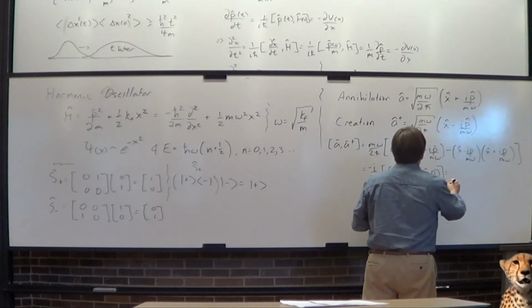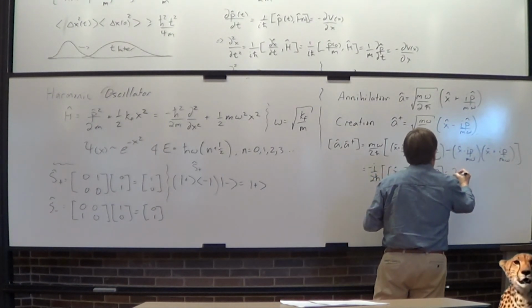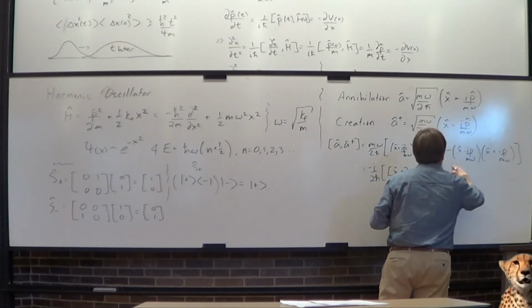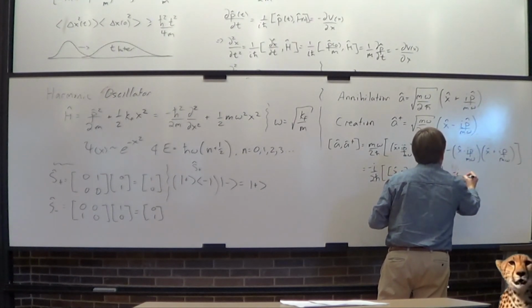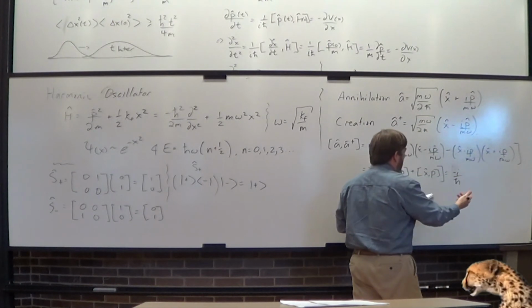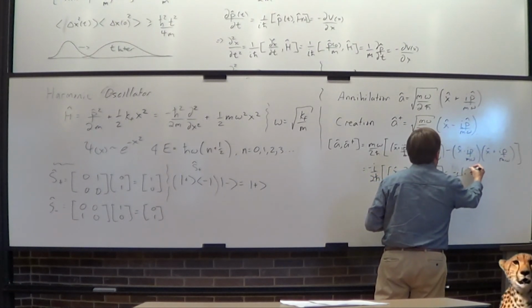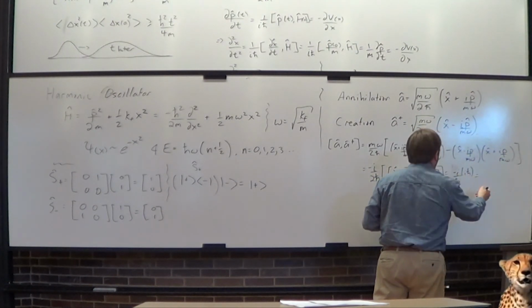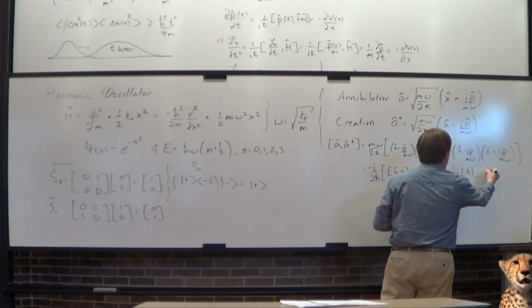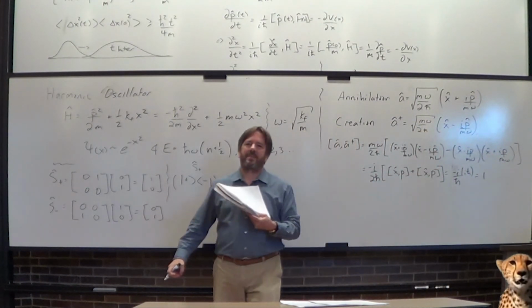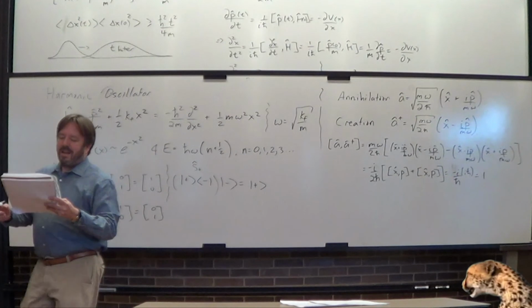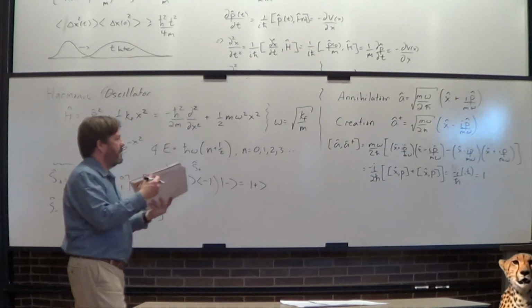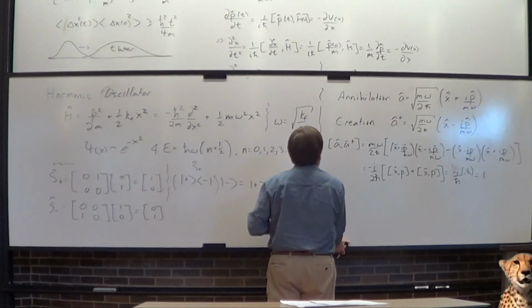And so what you end up with is minus i over h bar. [x,p] is i h bar. Minus i squared is just 1. Okay, now the reason this is important, so the commutator is 1,